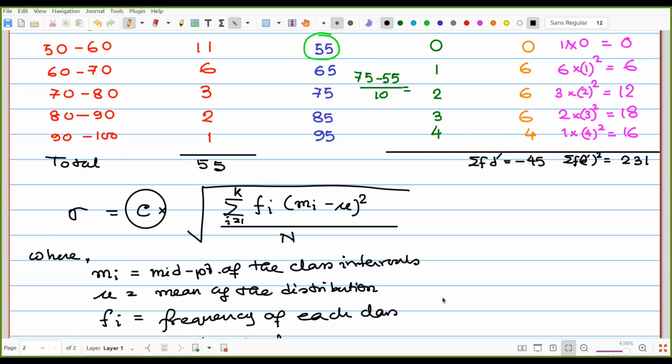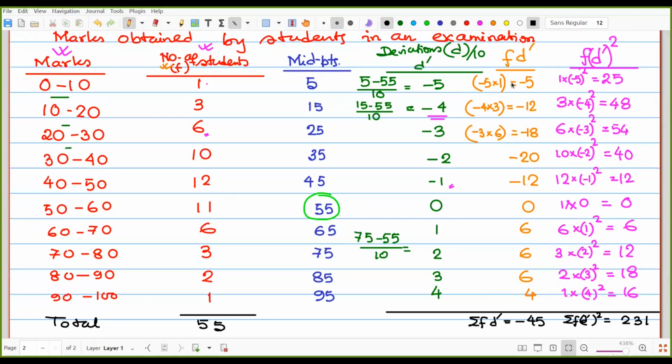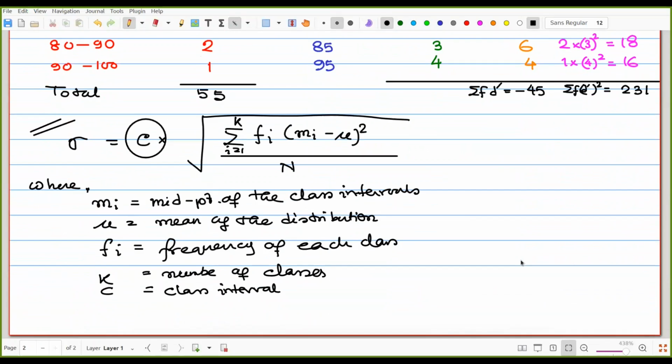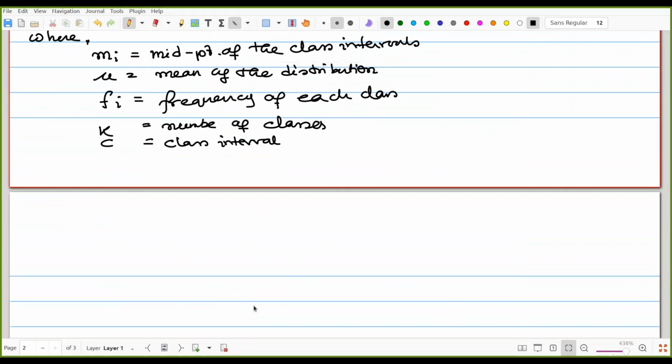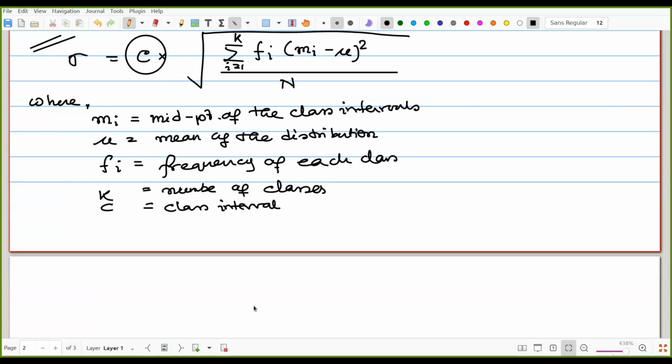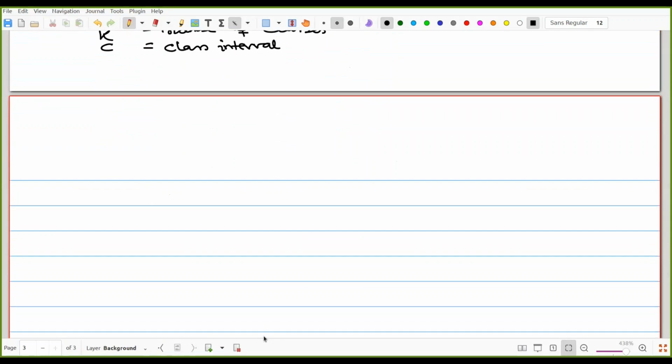here. For that purpose, that complete formula has been changed into a different formula which we should use, because we have found fd dash whole square. So which formula we should use? That is here. Just using the same formula, we are rewriting the formula in a different manner. Check it.